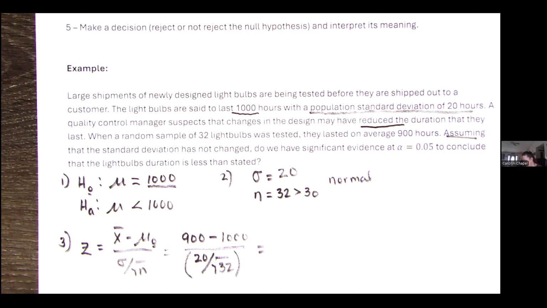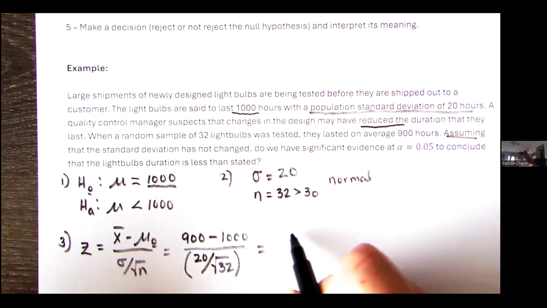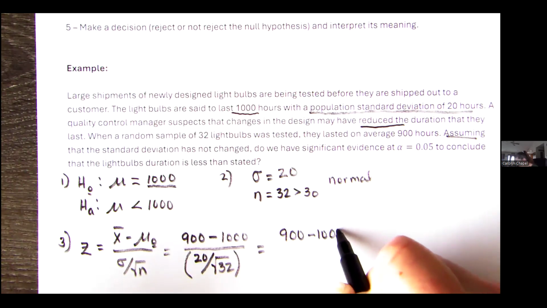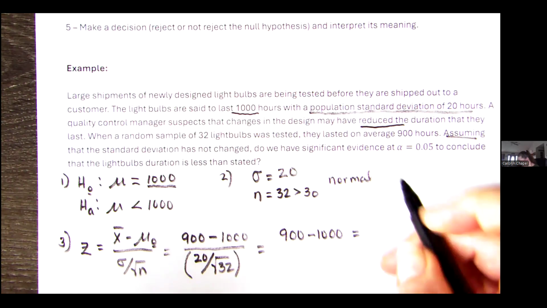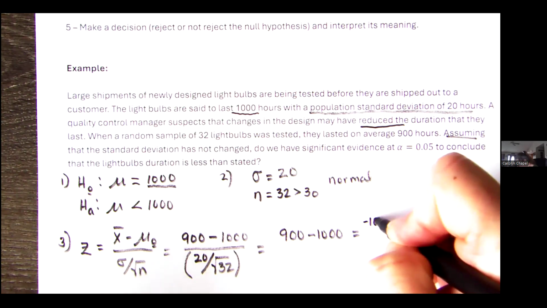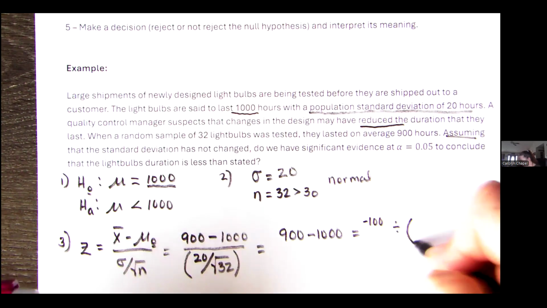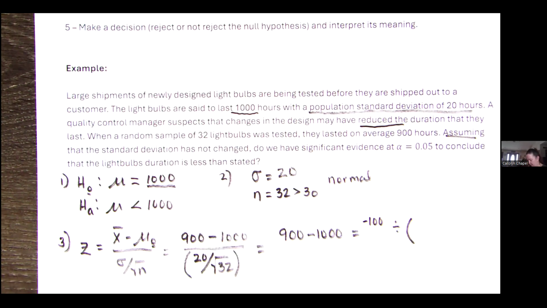So what I usually do is I'll take my 900 minus my 1,000, get that value, and right now I'm looking at a negative 100. And then I'll hit my divided by key, and in parentheses, 20 divided by,